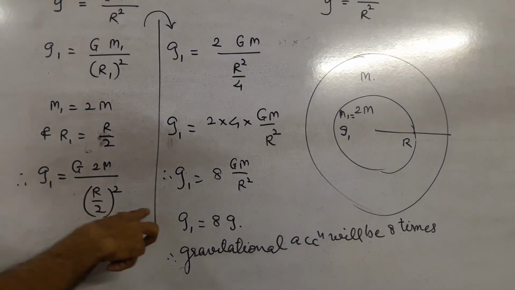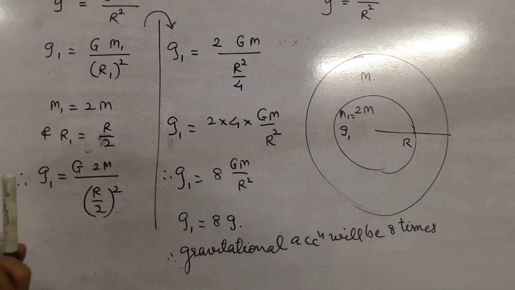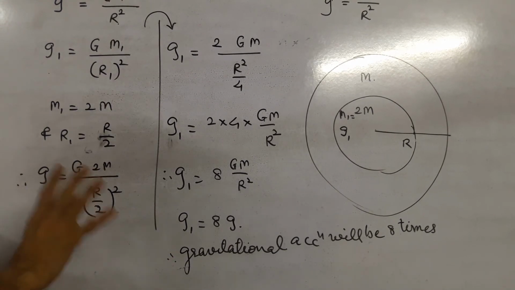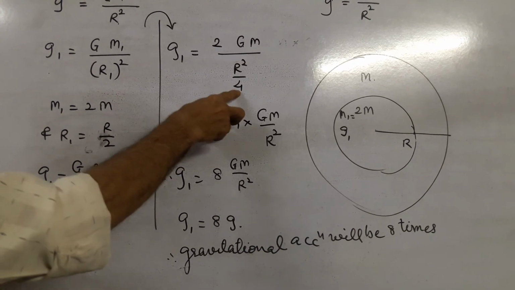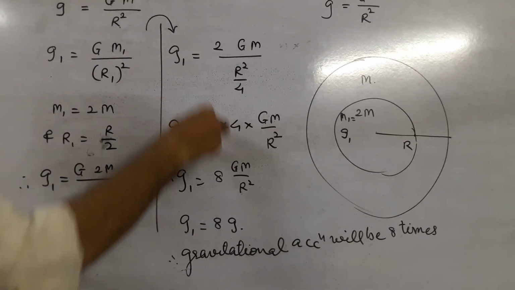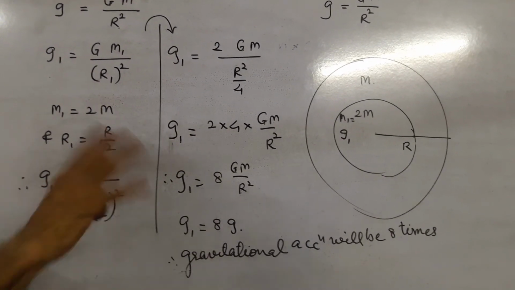Achha, same sum is solved in Navneet. In that clip which has come to you, in that Navneet same sum they have solved, but they have made a mistake. So this 4 will go numerator, but they have kept it in denominator by mistake, and that's why they have got answer 2, 1/2, which is wrong. So this is correct.